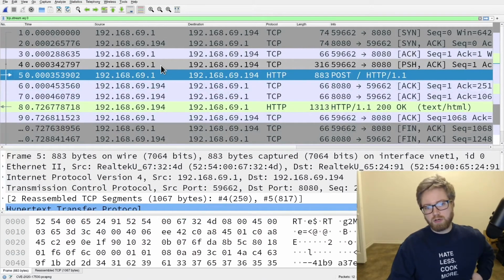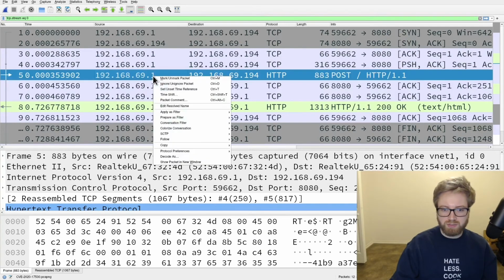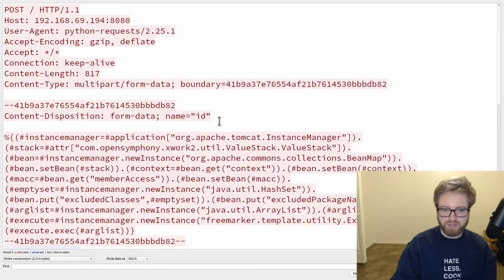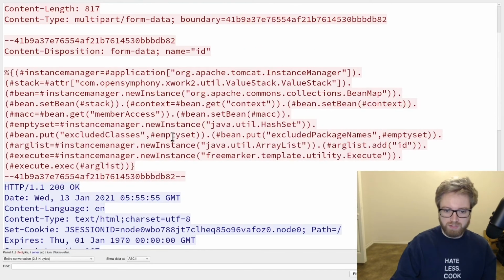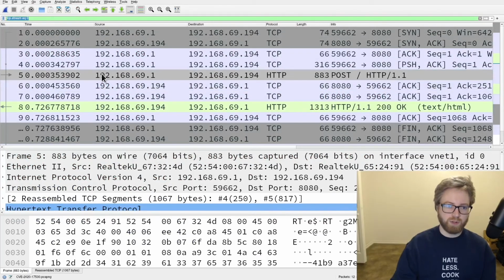If you are looking at raw network data and you're trying to hunt for this in your environment, you have this HTTP data. One thing that you might want to do is search for some of these specific strings within this OGNL syntax body. One thing that I think you might want to search for, and this might also catch other things of interest within your raw network data, is anytime that you see execute.exec within a body of HTTP data, we probably want to investigate that further and check out what's going on. Within Wireshark, a very easy search to do is HTTP contains, and then we can send it that string,